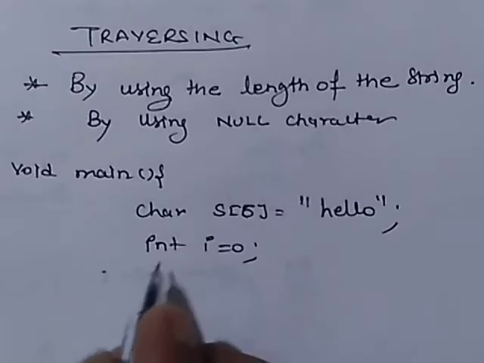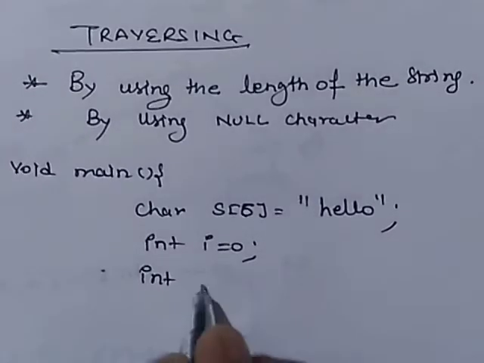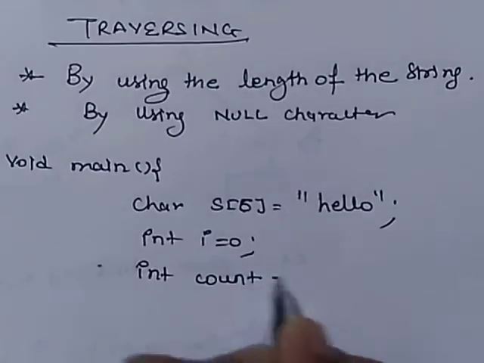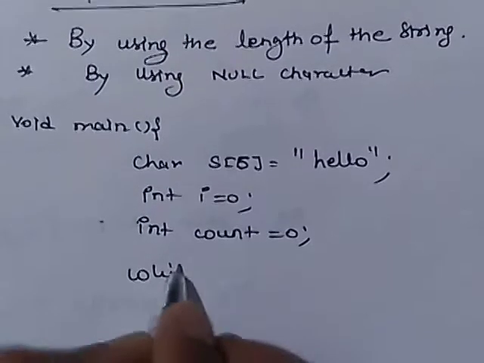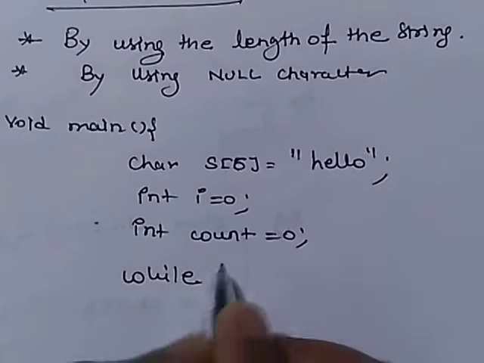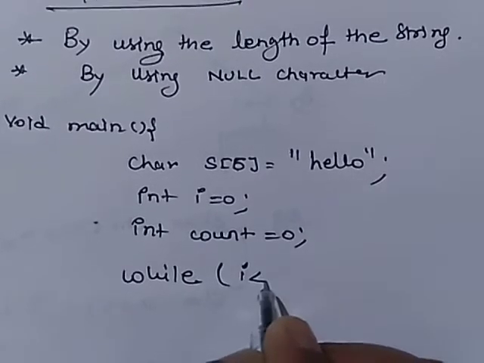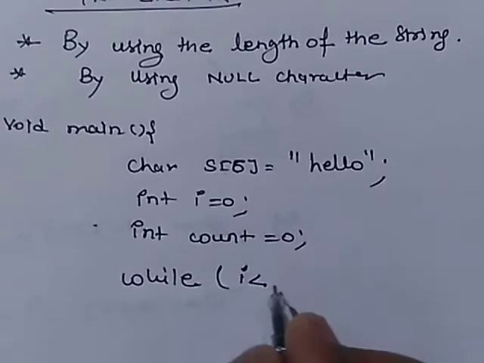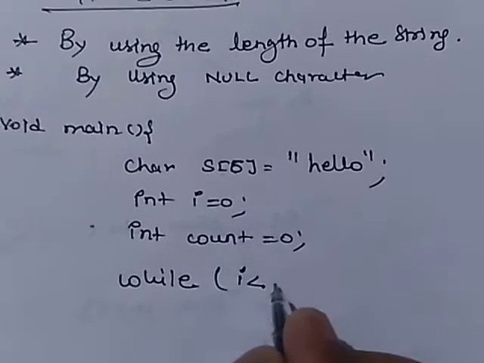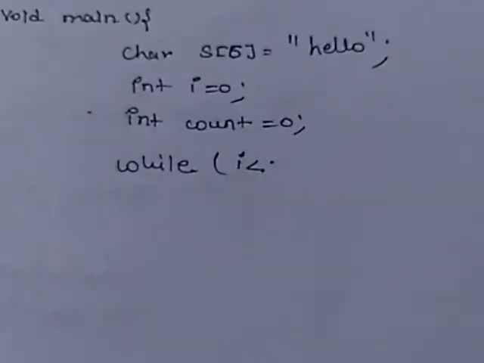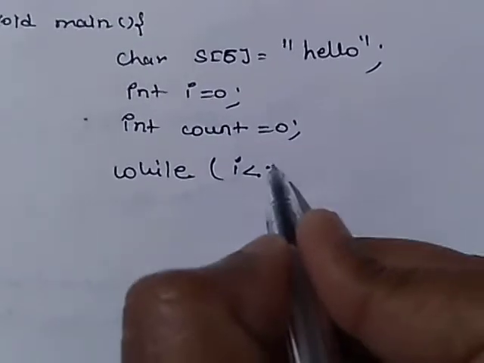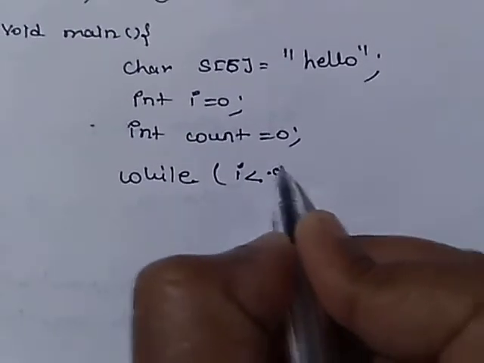We have to count the characters, so we have to take a variable count. Now we are using the length, so while i is less than or equal to 6,